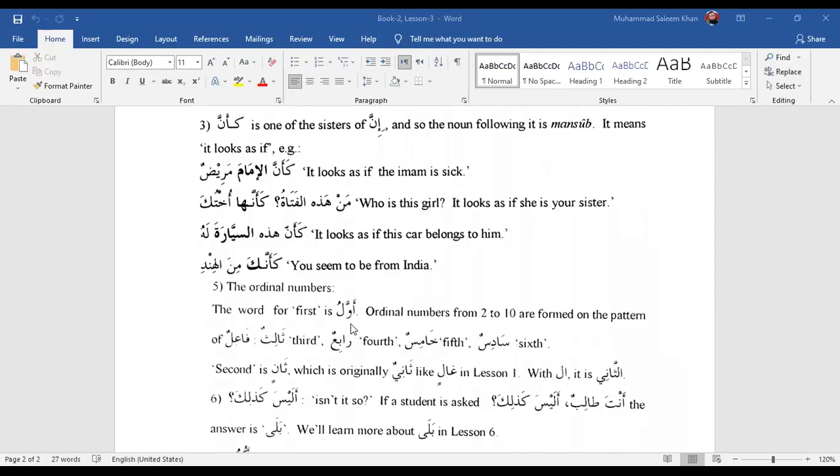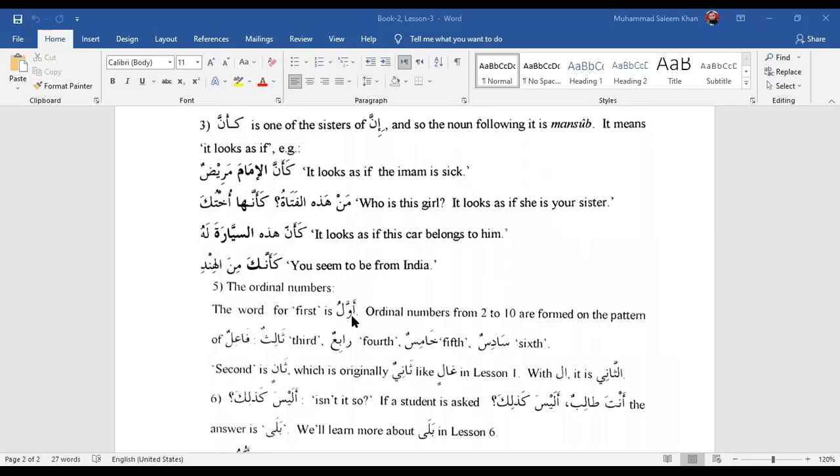Okay, awwalu is diptote, or partially flexible. Can you figure out why? Try to figure out the pattern. What is the pattern of awwalu? Af'alu. Excellent. So it's on the pattern of af'alu. That's why it is partially flexible and will not accept the tanween. So awwalu, and only awwalu,